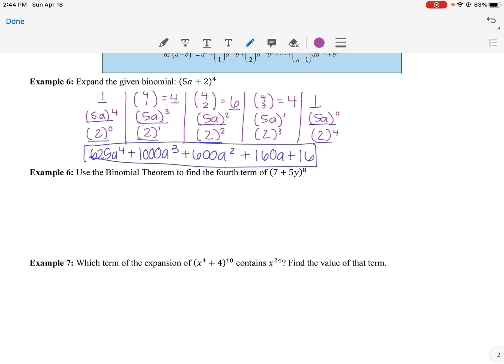So here, when we're saying we want the 4th term, I sometimes think about it logically for just a second. We start off with the first, second, third, 4th term. The coefficient of that 4th term, we're going to the 8th power, so it's 8, and this is like choose 0, choose 1, choose 2, choose 3. So 8 choose 3. If you plug in your formula, 8 factorial over 3 factorial times 8 minus 3, so 5 factorial, we end up with,